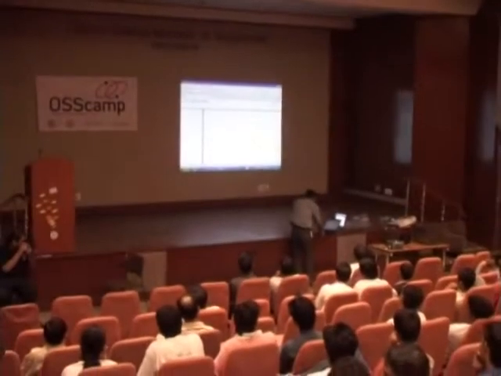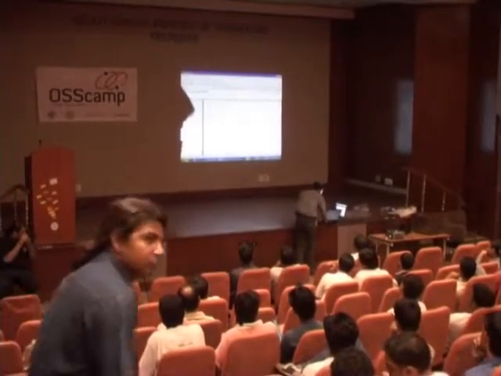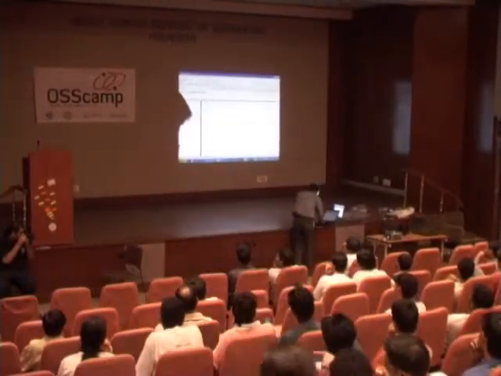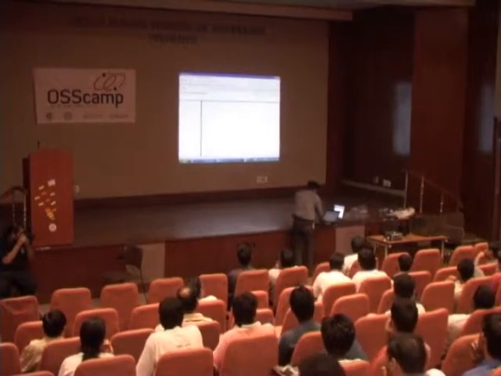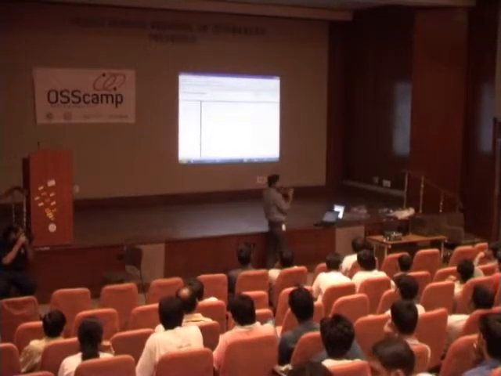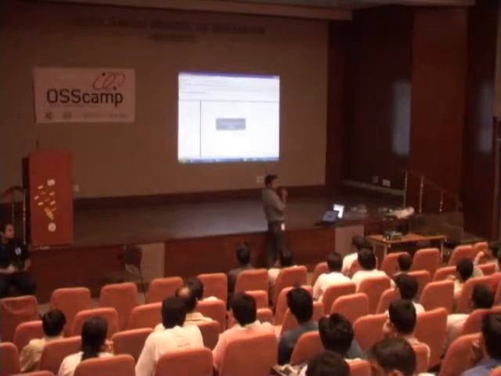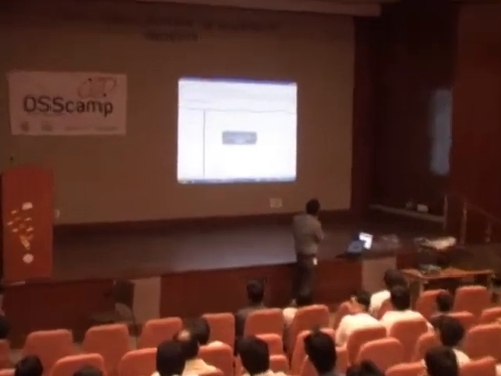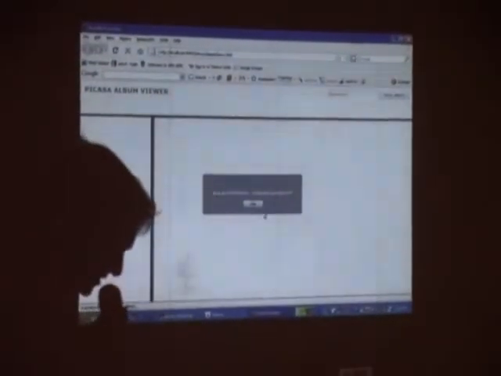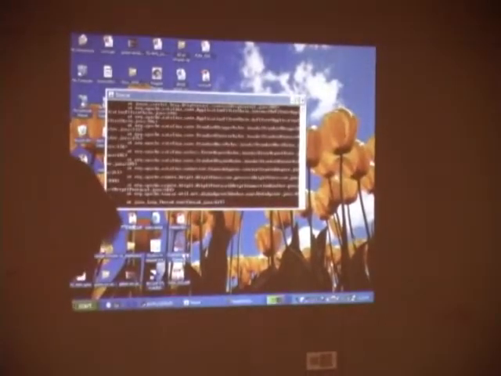So this is a very simple, plain Flex application, which I just did in half an hour or so. It is not as jazzy looking as Flex applications usually are. I've just given my Picasa Google ID, and it is contacting the backend, which is running on my Tomcat server. It says there's an exception, picasaweb.google.com, Internet connection is not there. Just a moment, I'll connect.